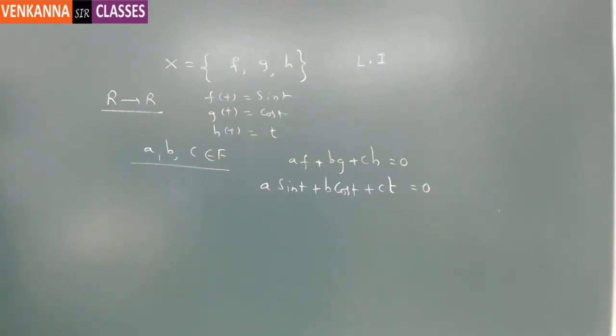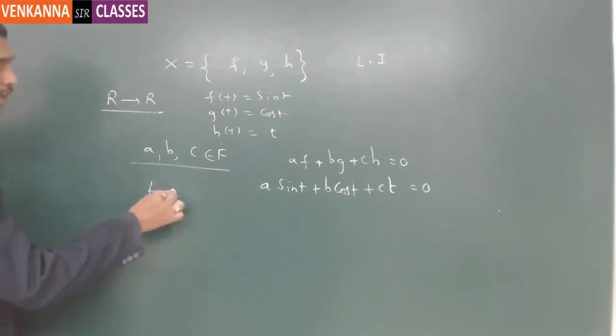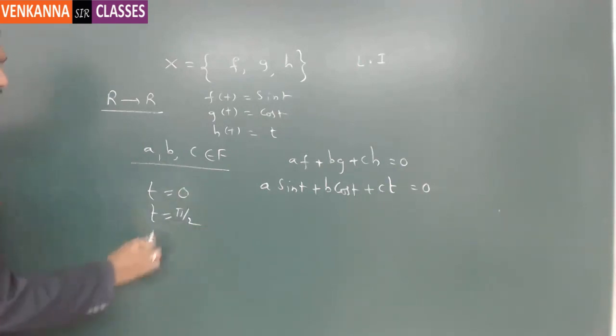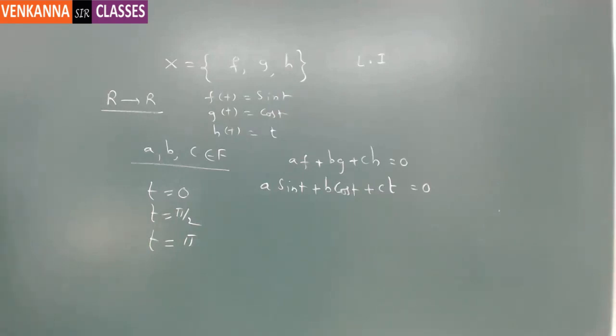So you are assuming here that whatever the value you take for t, the result is 0. So in order to prove A, B, C are 0, we should get a homogeneous system of equations in terms of A, B, C. For that, I will substitute different values for t. So I can take t is equal to 0, I can take t is equal to pi by 2, I can take t is equal to pi, I can take t is equal to 2 pi, etc. So if you substitute the respective values there in this equation,